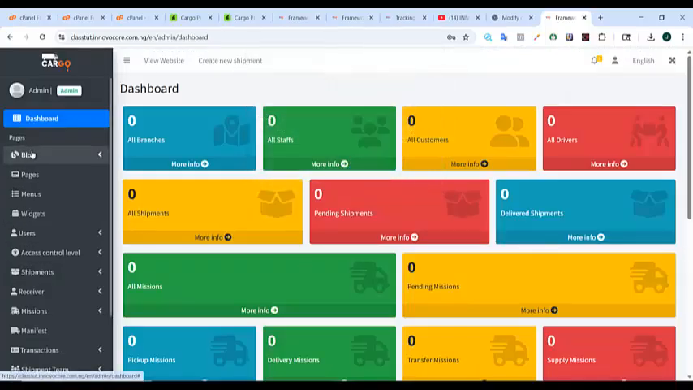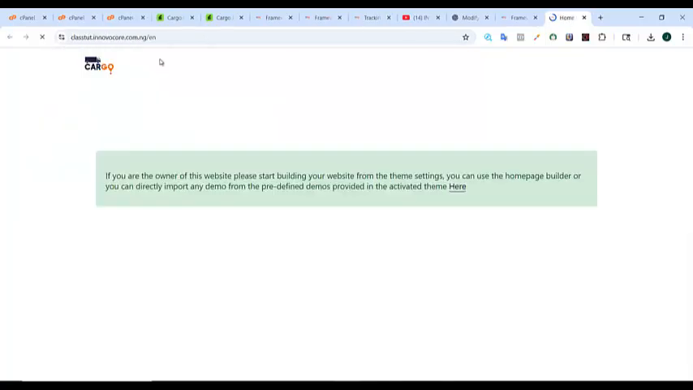So this is exactly the same dashboard I showed you guys earlier. And if you visit the website here, you get to see that the website is not live. Now they drop a note for you here to connect the website. So if you are the owner of this website, please start building your website from the theme settings. You can use the homepage builder, or you can directly import any demo from the predefined demos provided in the